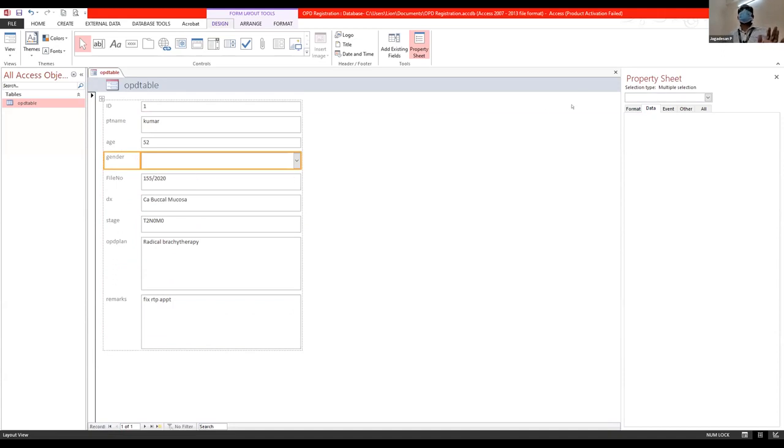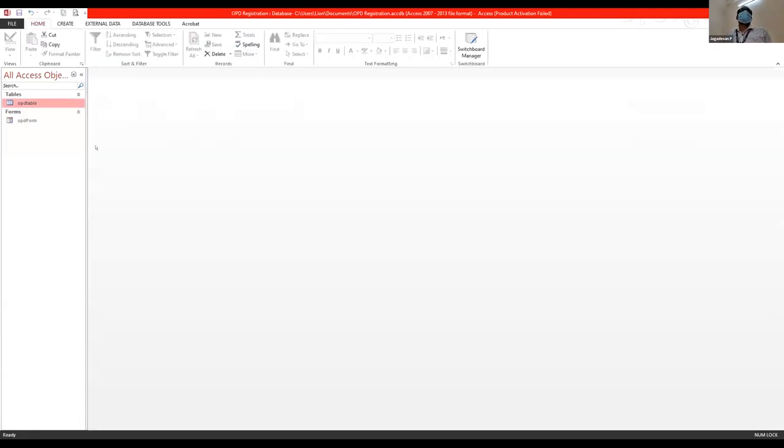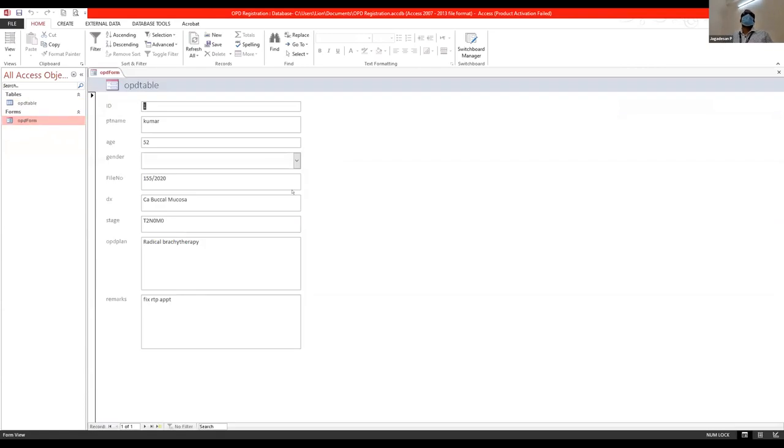Fine. Okay. When everything is set, I'm going to close this. It's asking me to save, so I'm again going to save. We will call it OPD form for easier understanding. Now this is OPD form. I've clicked and saved the form now. If you go and double click on the form on the left side, you're going to get the form. This one shows the previously entered information.